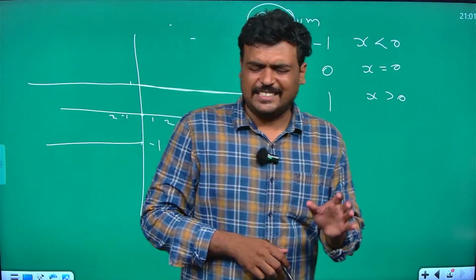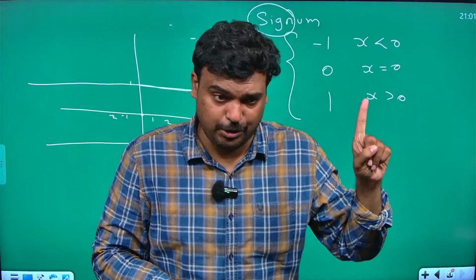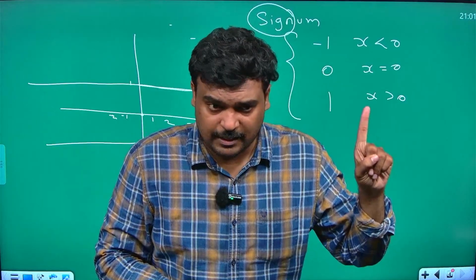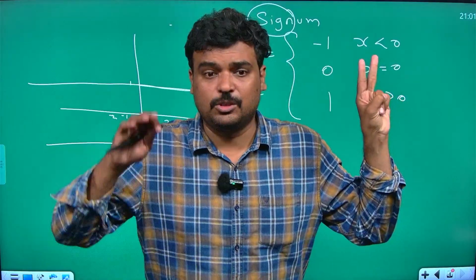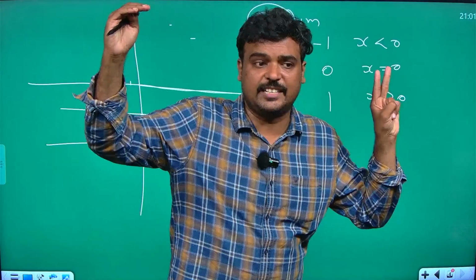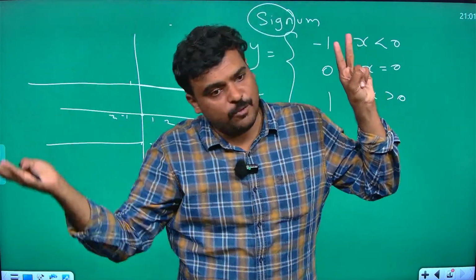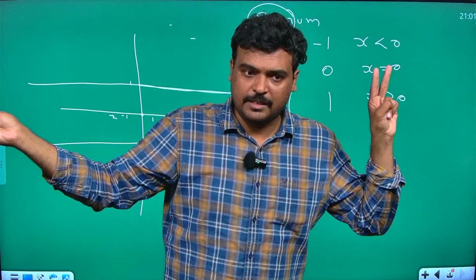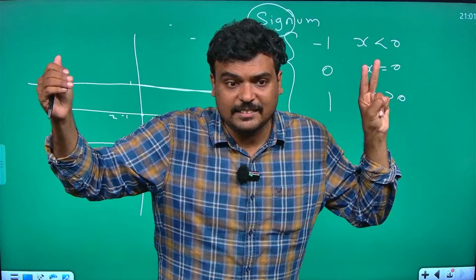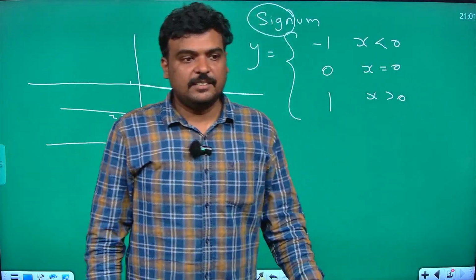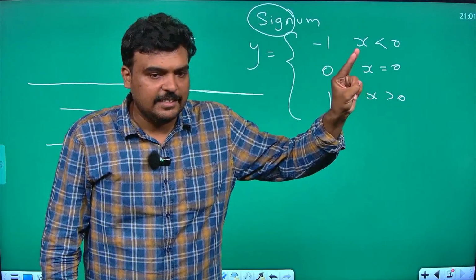Okay guys, what we saw now: I know the meaning of function, every input should have a unique output. Second, the types of function: injection function, otherwise known as one to one, many to one function, onto function and into function. Onto function is also known as surjective function. One to one and onto together we call a bijective function.